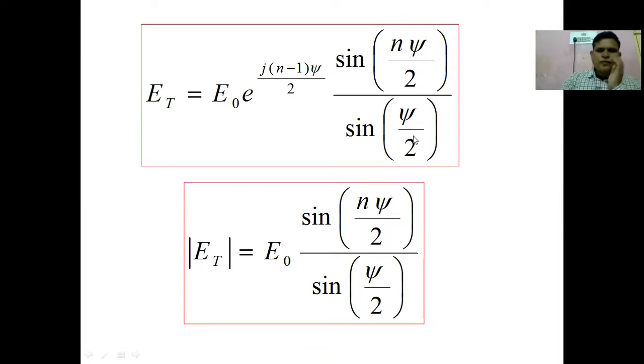For the n elements case, if you are using n antennas, the resultant electric field intensity is equal to E naught. Here I am taking only the magnitude. The magnitude of this e power j term is 1. That's why you can write sin n psi by 2 divided by sin psi by 2. This is the resultant electric field intensity. By using this expression, we are able to find out the